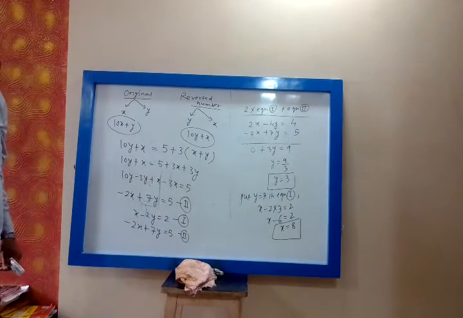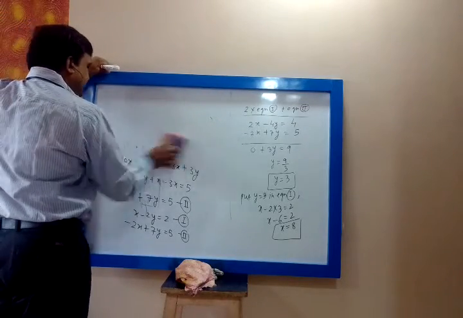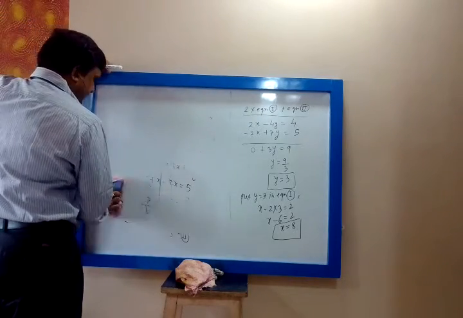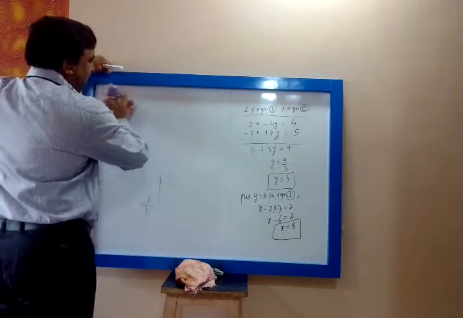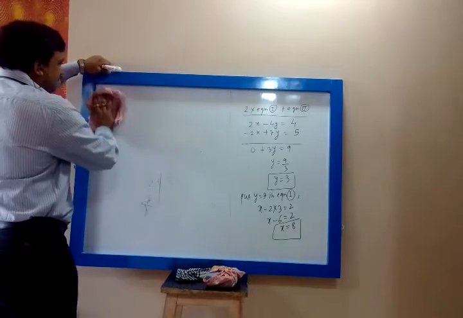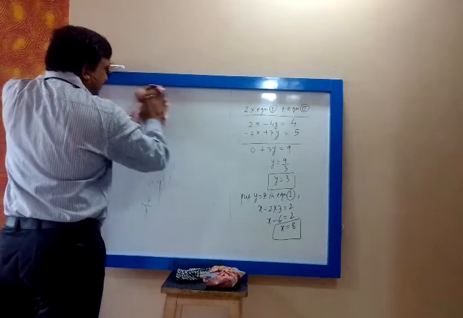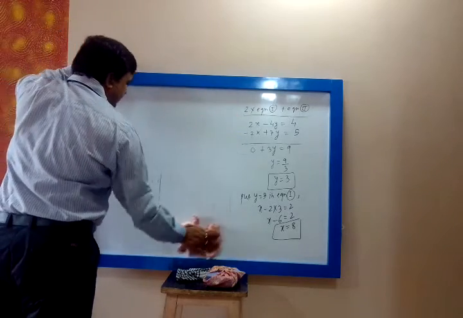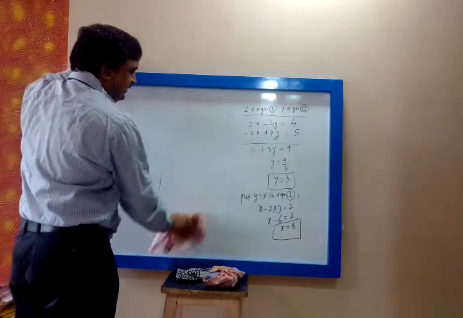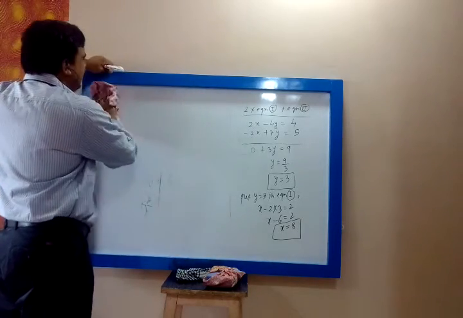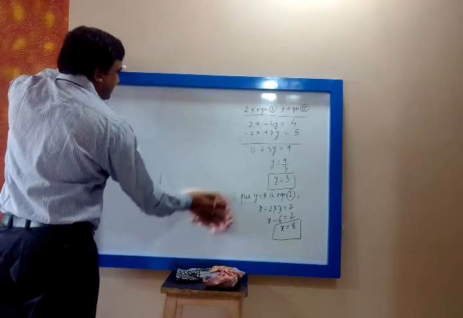The required two digit number is 10x plus y. See, full freedom is given to all the students, whether you want to take unit place x or tens place y. You can take any one, x or y. Suppose your friend has taken tens place as y and we have taken tens place as x, it does not matter. Calculation will be the same.